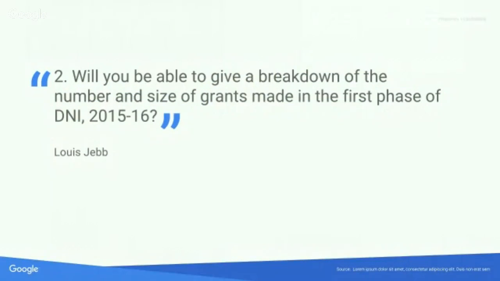Will you be able to give a breakdown of the number and size of grants made in the first phase of the DNI? Yes, we will. As Ludo said already, and we showed you the statistics in the presentation, we had 1,236 applicants. Out of these applicants, and you can also check these numbers on our website, digitalnewsinitiative.com/fund, we had 128 successful applicants. 33 of them were large ones, so 224 applied, but we chose 33. From the medium track, so up to 300K with 70% own contribution,